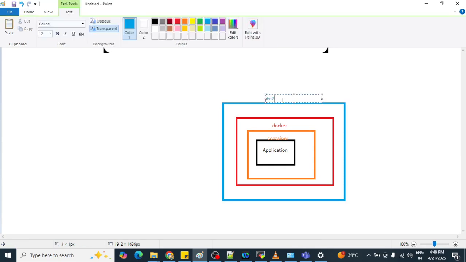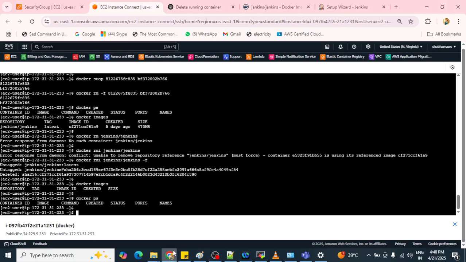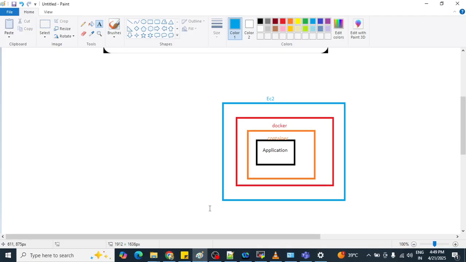You can see this is your EC2 machine. Inside that EC2 machine, we have installed Docker first. After Docker installation, we have downloaded our images and created our container. So in that way, any application will run inside your container, that container will run over Docker, and that Docker will execute inside your machine. That is called a VM, or EC2 in terms of AWS.